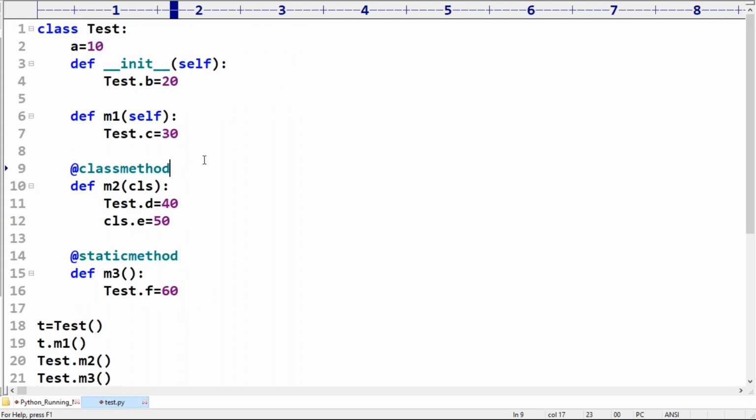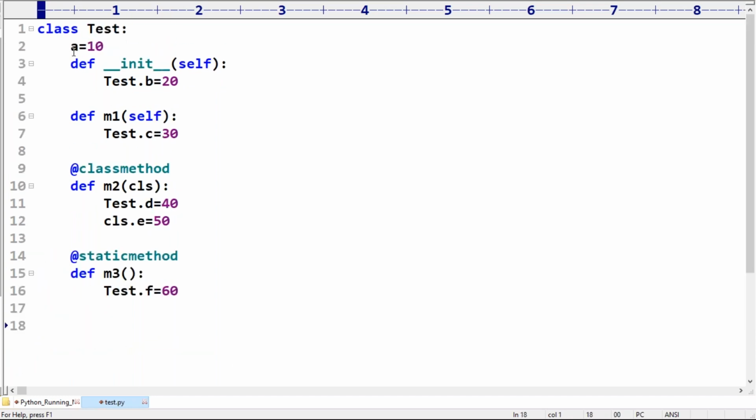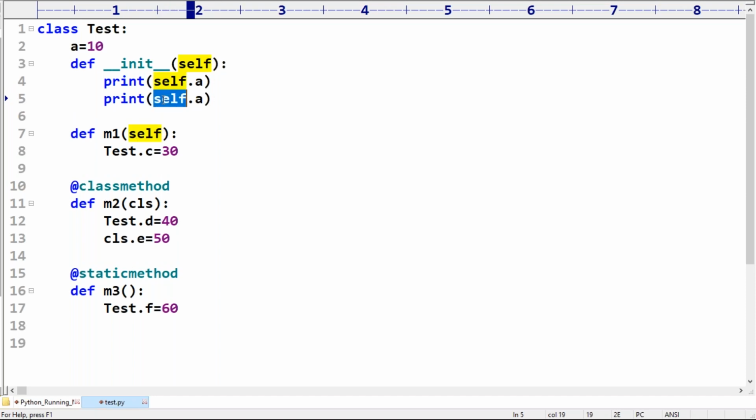How to access a static variable? Very simple. Is it a static variable or not? So how can you access a static variable inside a constructor? You can access a static variable either by self or by class name. Remember that.